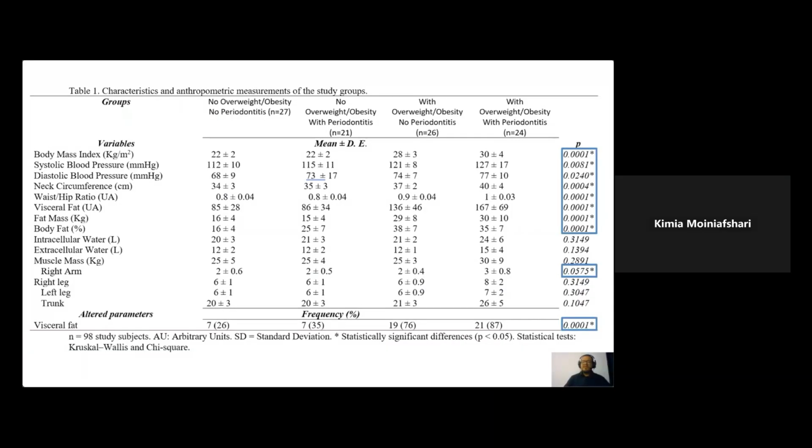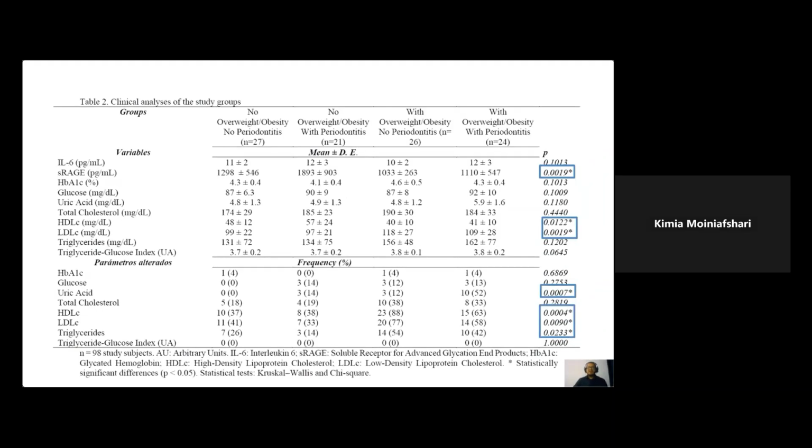Significant differences were found in body mass index, blood pressure, neck circumference, waist-to-hip ratio, visceral fat, fat mass, and body fat percentage. All of these values were higher in the overweight and obesity groups, particularly among those who also had periodontitis. Notably, 87% of the obese periodontitis group had altered visceral fat, emphasizing the strong association between abdominal fat and chronic inflammation. sRAGE levels were significantly higher in normal weight individuals with periodontitis, while obese participants showed much